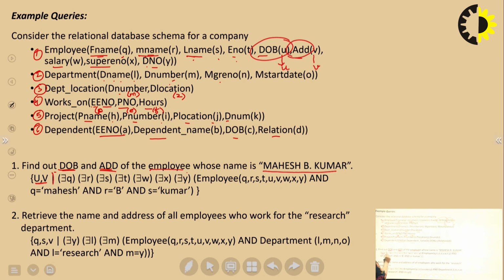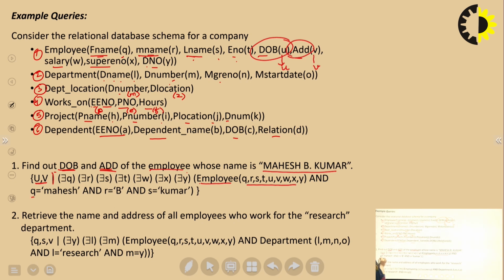Now what do we have to take from which table? We will take the employee table. From the employee table, what do we want to fetch? All the attributes. We have given variables to all the attributes, so we will write all the attribute variables here. And what we want is the employee whose name is Mahesh Kumar.